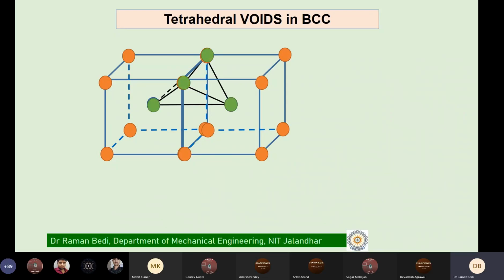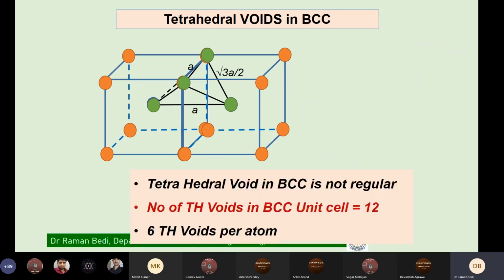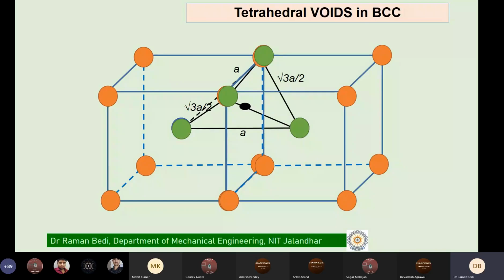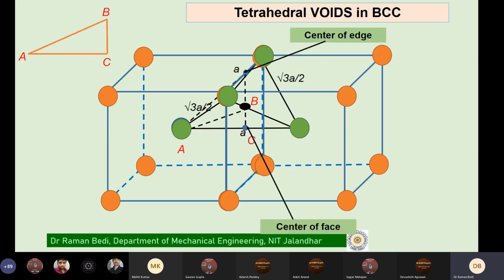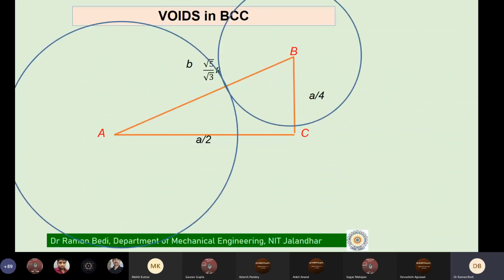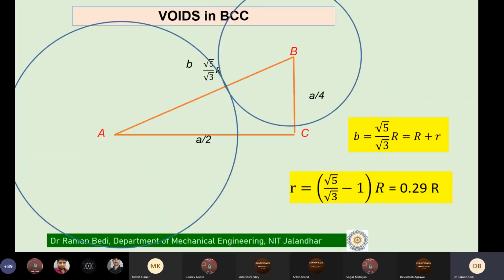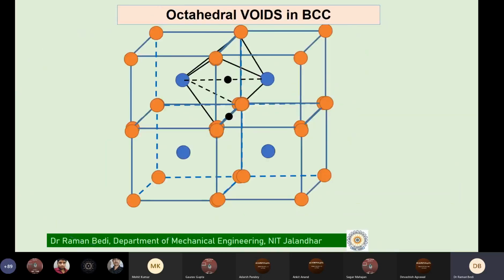This is a single tetrahedron. Whereas in the case of your FCC system the tetrahedron was a regular tetrahedron, here it is not a regular tetrahedron. The sizes are different, and the edge lengths are also different. So this is how they look. We understand here that in the case of your BCC system, as I said, I'm not going to the details here, I'll just rush through that, and we'll just see where they are and what the size pattern is. So we understand that it is an irregular one.